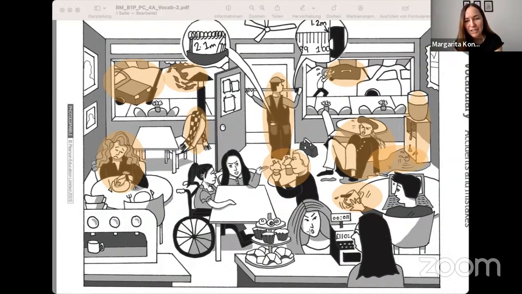Okay. And here, have a look. I think if you look at the price, it looks too expensive. So why is the woman unhappy? The woman wasn't happy because she got charged extra money due to the wrong menu price. Okay. Wow. Brilliant. Very, very good. And have a look how many crazy things happened just in one cafe.